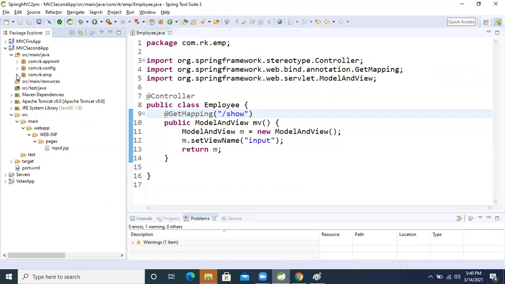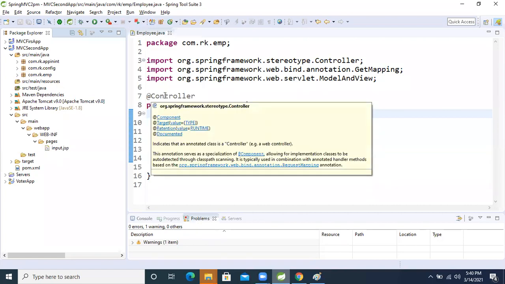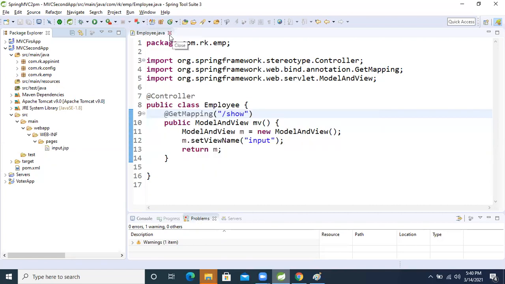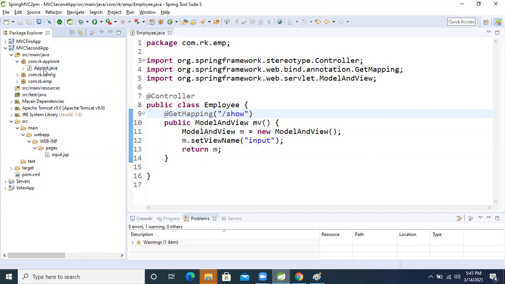This is the actual real-time project, right? In the company, people use this configuration if they are working on the Spring framework. If people are using Spring MVC, this configuration is used. But when I develop a Spring Boot application, I will reduce this code also.